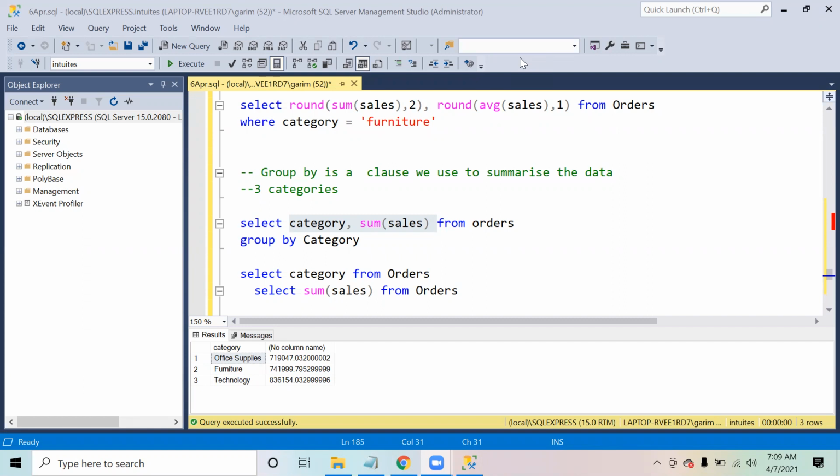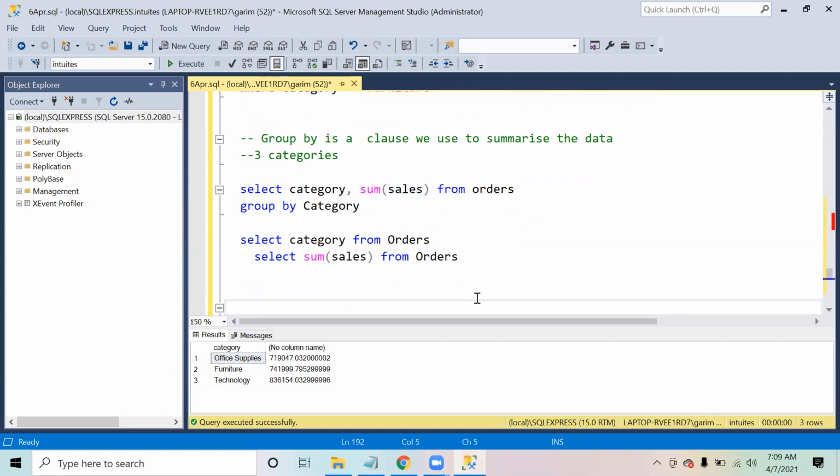Okay, are you able to write it? Now calculate the average sales for each region.